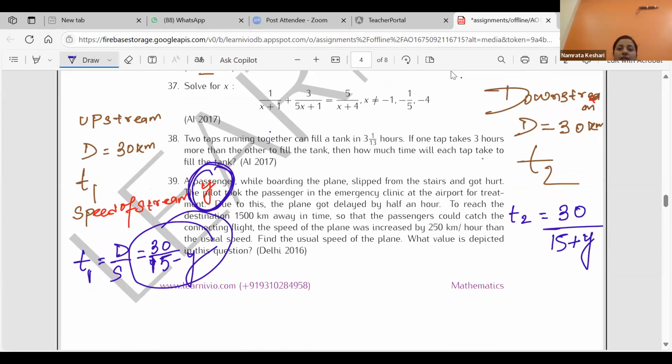Now in the question, it is written that T1 plus T2, all together the time taken by the boat is